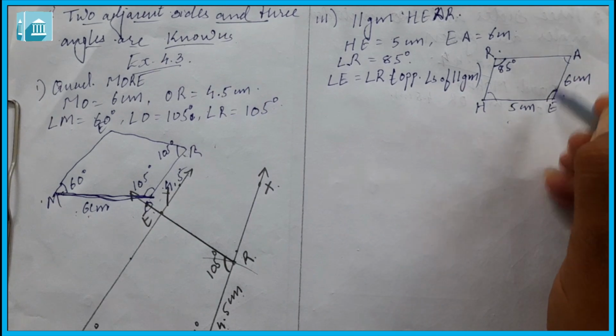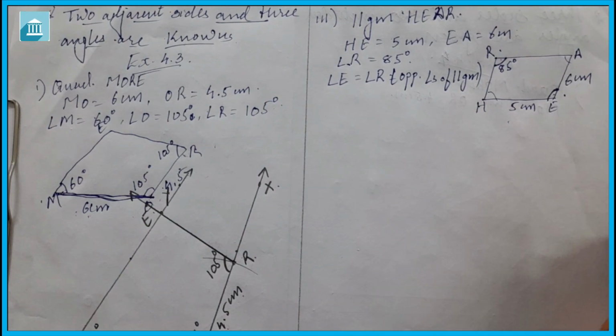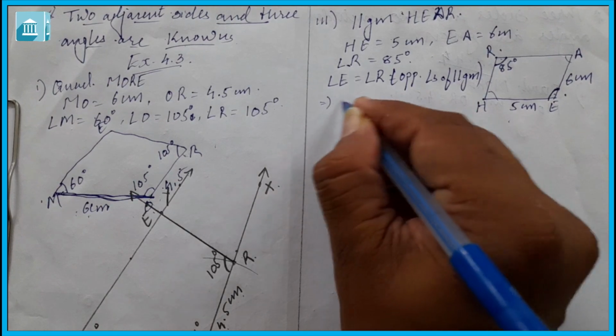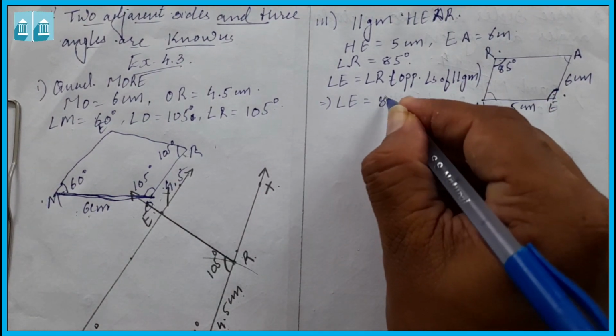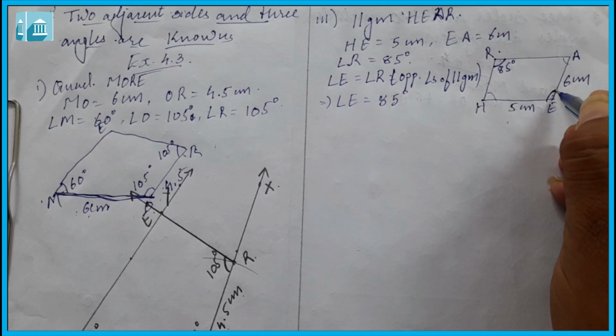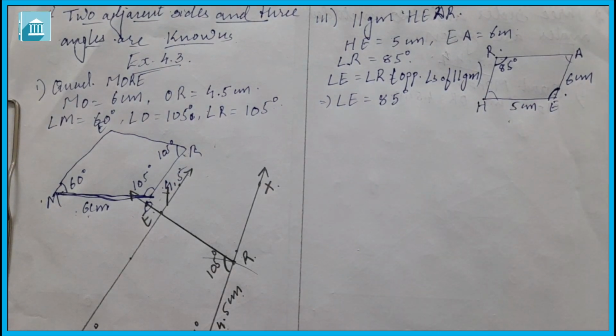Angle E और angle R दोनों same हो जाएंगे because they are opposite angles of parallelogram. So we can write angle E is equal to 85 degree. ये angle E हमें मिल जाएगा 85 degree. Next,